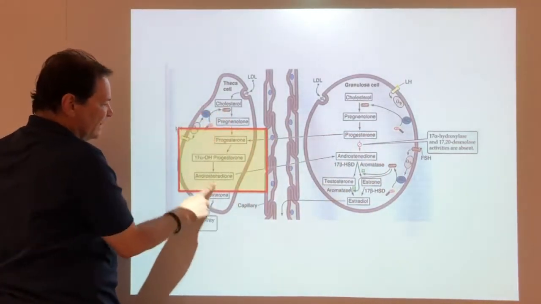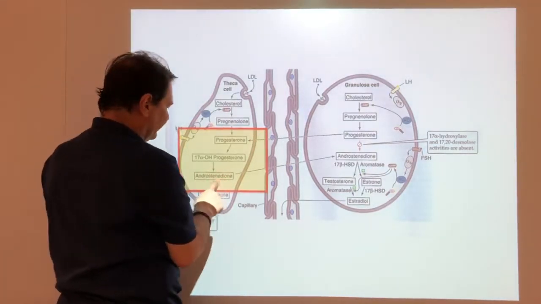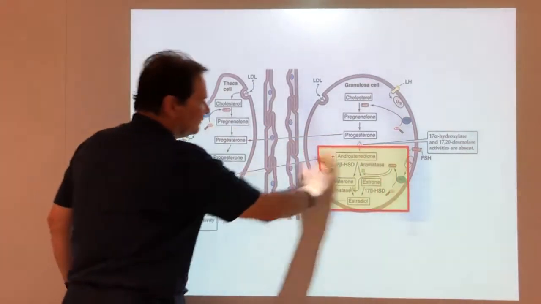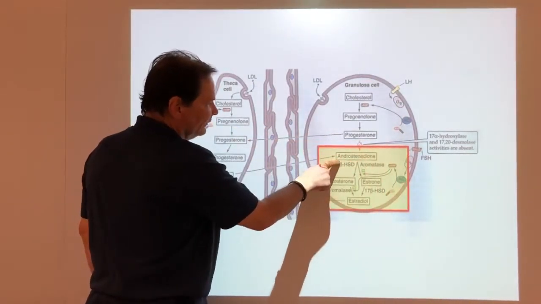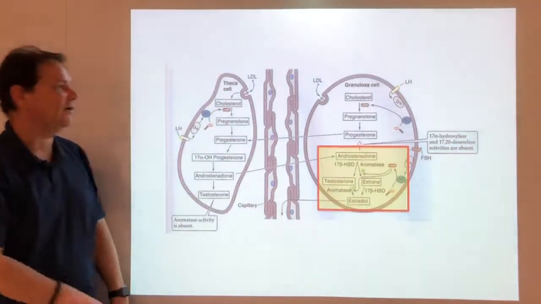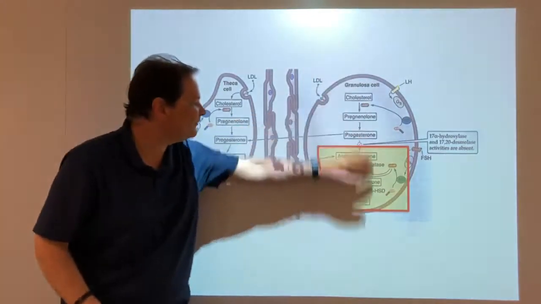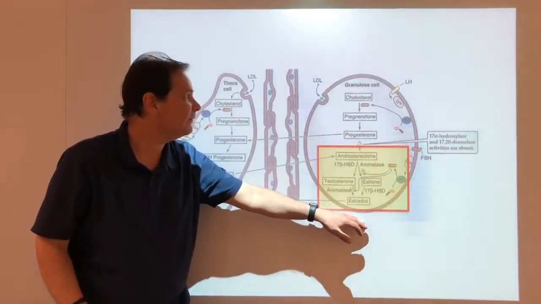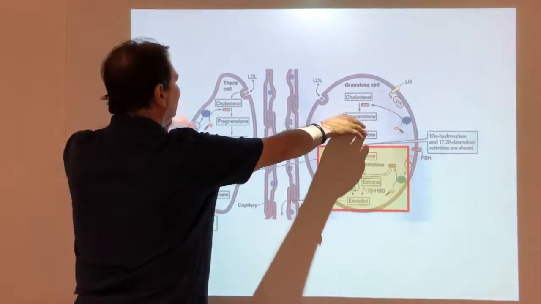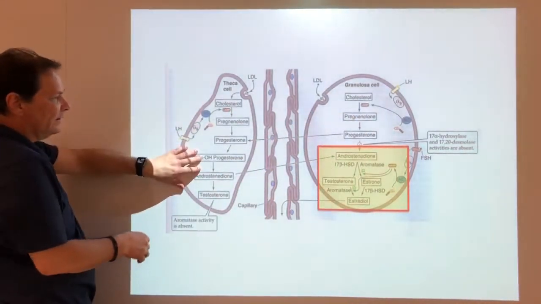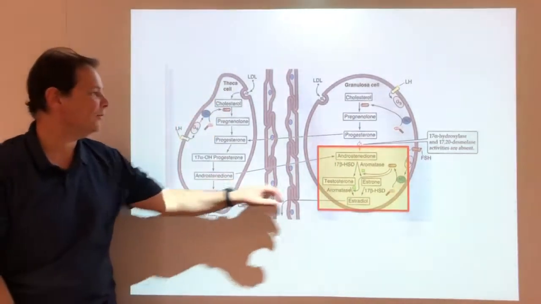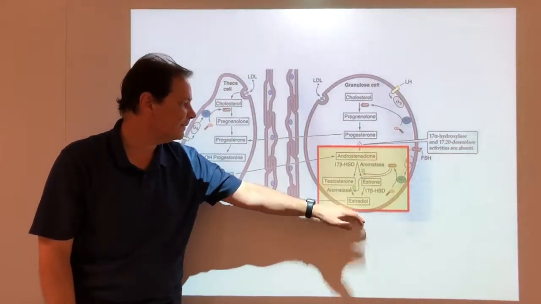So we have more and more progesterone, and that becomes more and more androstenedione, and then the androstenedione diffuses back to follicular cells, and it goes to produce testosterone, which is converted to estradiol, estrogen. So the estrogen is finally produced in granulosa cells. The LH acts through the granulosa cell here and the thecal cells here to produce androstenedione, which eventually becomes estradiol through the auspices of the enzymes in